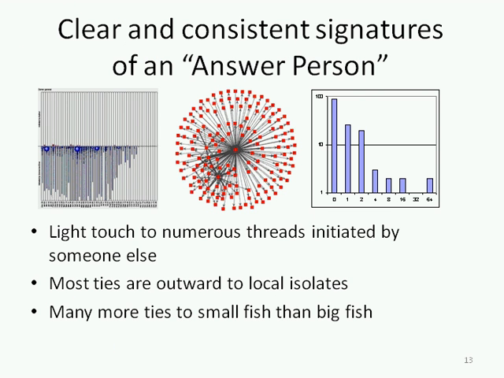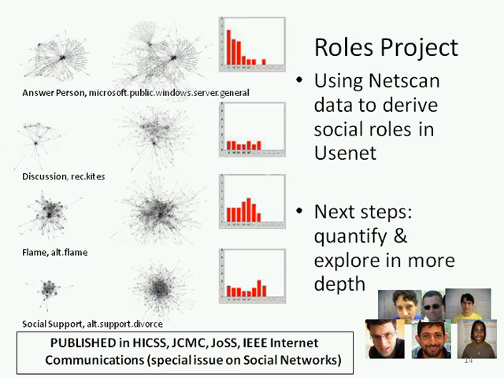So on the next slide, we can see that there are clear and consistent signatures of each of these roles. And here you are seeing a particular role, the answer person, in 3 different images. The middle image you are now familiar with, the directed graph. And in this case, this is known as an egocentric network graph. It's just taking that one entity out of the network and looking at the 1.5 degree connections between those people.